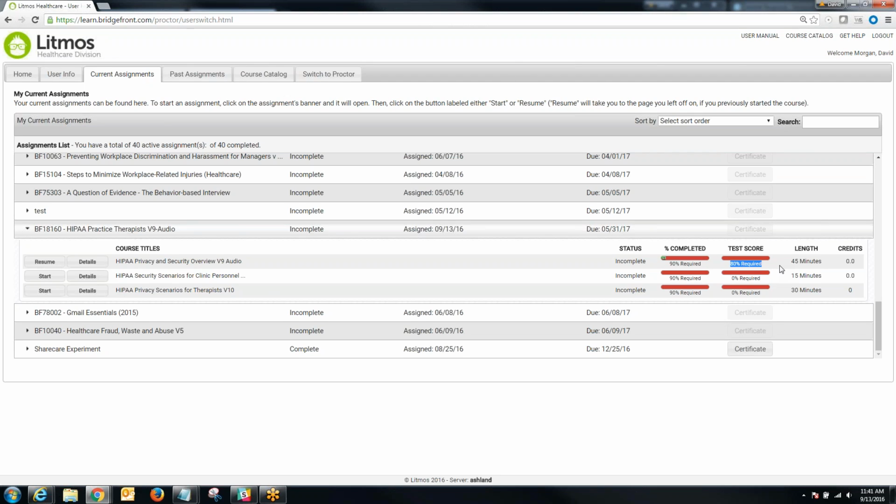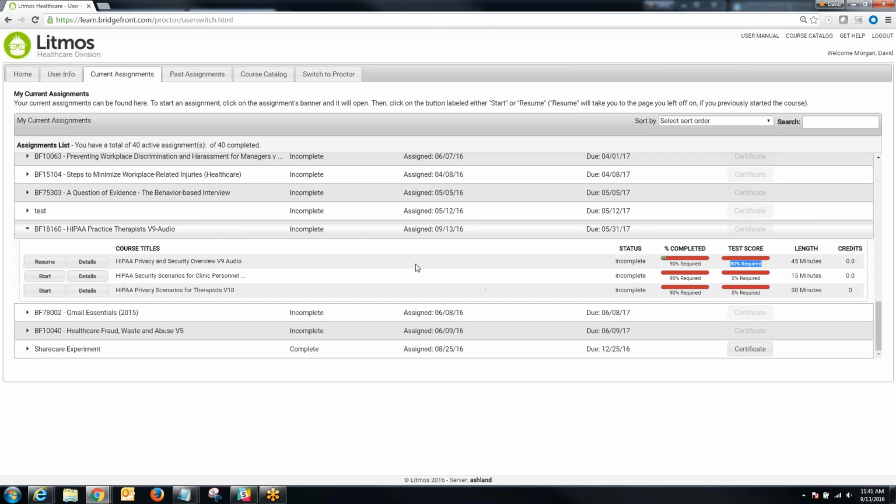So with HIPAA, we have about a 30-question database that the system can pull from. What happens when they go to take the test is it will randomly choose 10 of those questions, put them in a random order, and then present them. If they retake the test after failure, they may get some of the same questions, but it's going to pull another 10 questions and put them in another random order. So this helps them retain the information, and hopefully they don't have to go through and see all the different